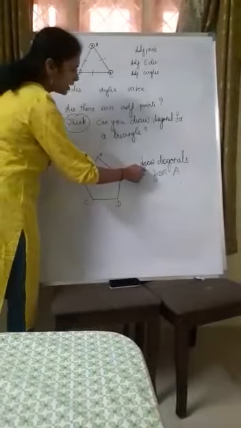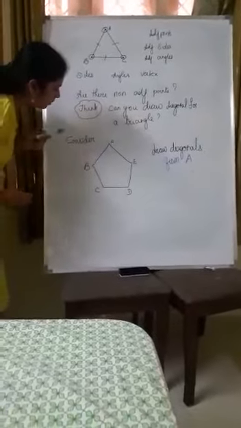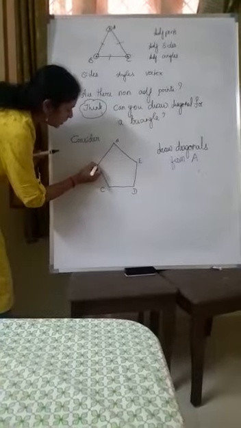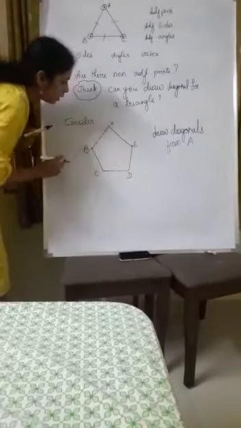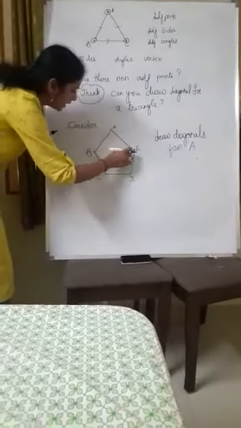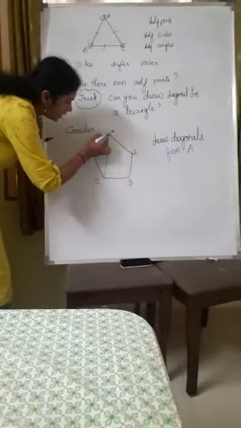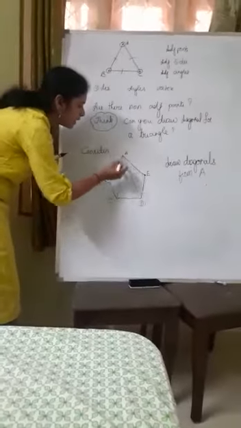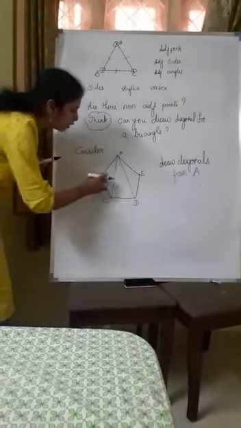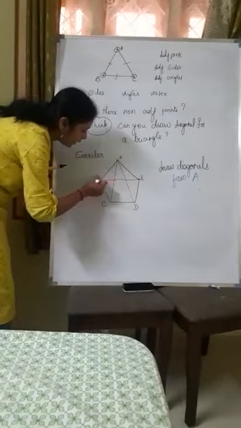Now, I am asking you to draw the diagonals from A. So, what is the adjacent point of A? The adjacent points of A are B and E. So you cannot draw the diagonal to B and E. So non-adjacent point is here. Here is also a non-adjacent point. So from A, how many diagonals are we drawing? 2 diagonals. Similarly from E, 1, 2.